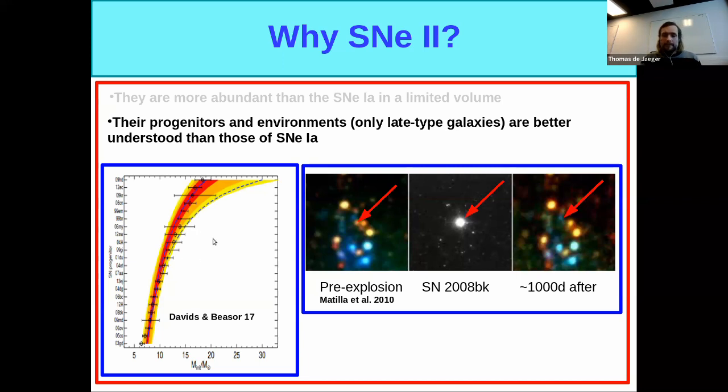We don't have only one example of pre-explosion images of a type 2 explosion, but we have 1,000 explosions. So we have good constraints on the progenitor of type 2s. And this allows us to do radiative process modeling. And with this method, you can estimate the Hubble constant without any need of calibrators. I will show this method at the end of my talk, because this is mostly a new method.